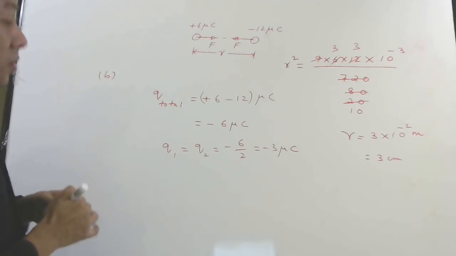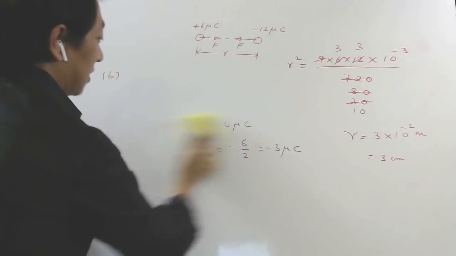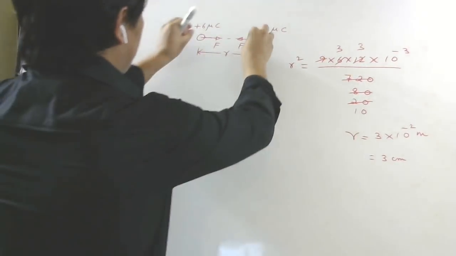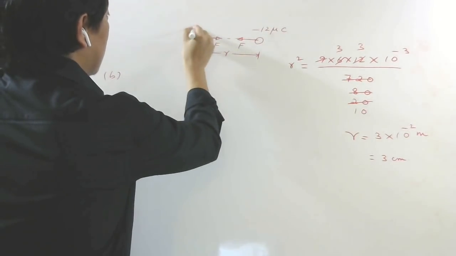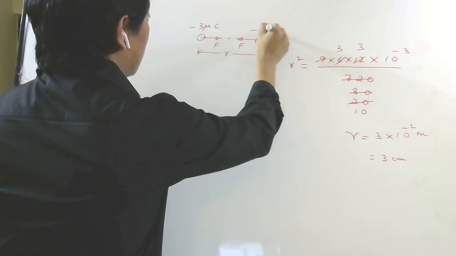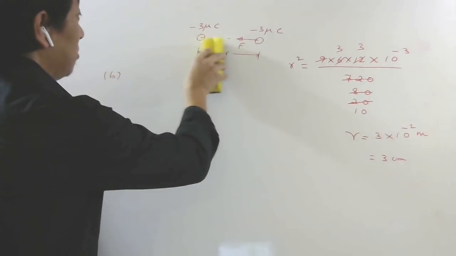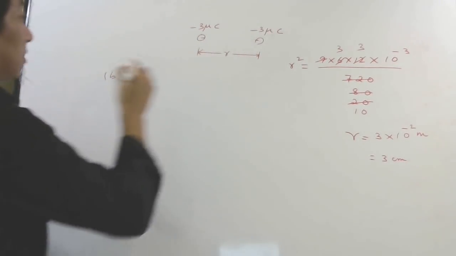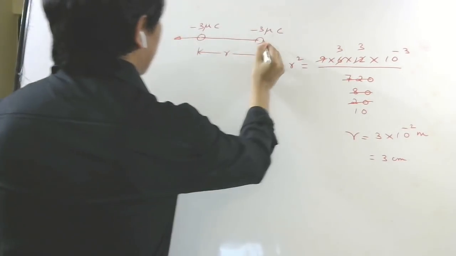So once we have understood that the total charge will be shared equally because they have same radius, now after contact they have kept them in the initial position. So now what are the charges? Now this is minus 3 microcoulomb and this is also minus 3 microcoulomb. So clearly the force will change and they are asking you to find the force. In fact, even the direction has changed. Before it was attractive, right? Now you see they are like charges. So now the force will be repulsive.